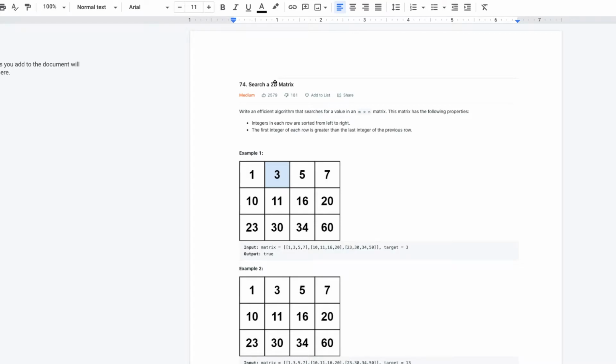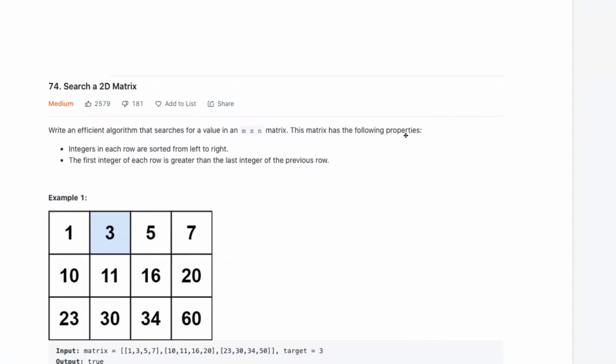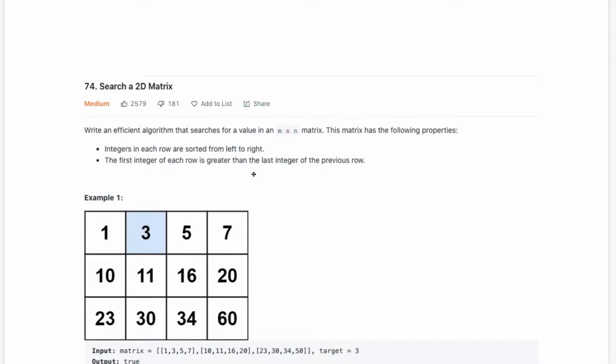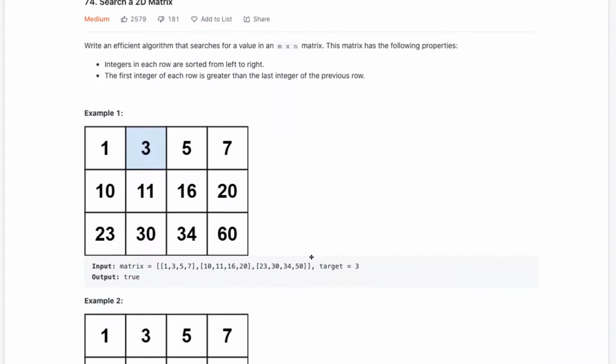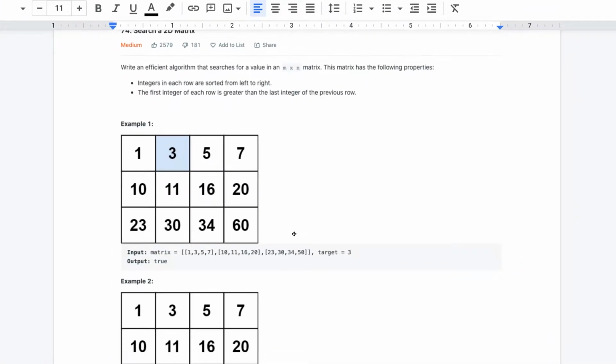Okay, so for this question, they were given a sorted matrix, and the integers in each row are sorted from left to right, and the first integer of each row is greater than the last integer of the previous row. And so